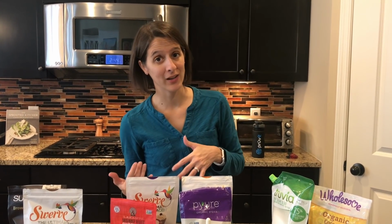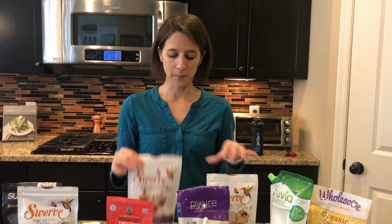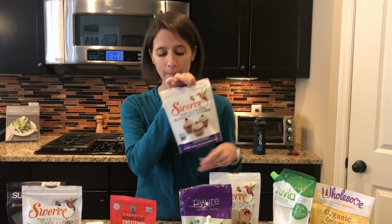So when we cook, some people do notice a cooling effect aftertaste on the Swerve. For Keto Dad, he doesn't notice a thing. He absolutely loves anything we make with Swerve. For me, I'm really sensitive to that aftertaste, and I generally won't eat a baked good if it just has Swerve in it. That's okay because there are other sweeteners that you can add to it that make it absolutely delicious. So for me, when I bake, I love to use my Confectioner Swerve in the purple packet, but then